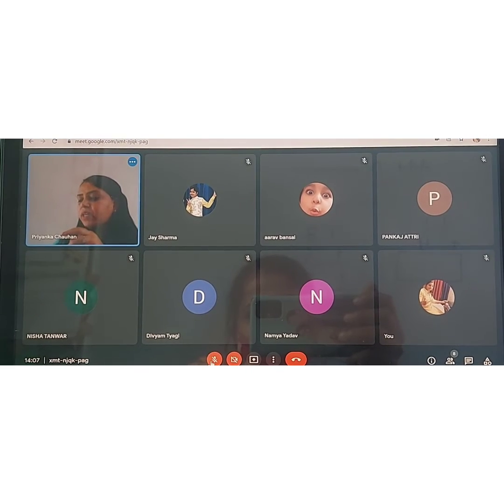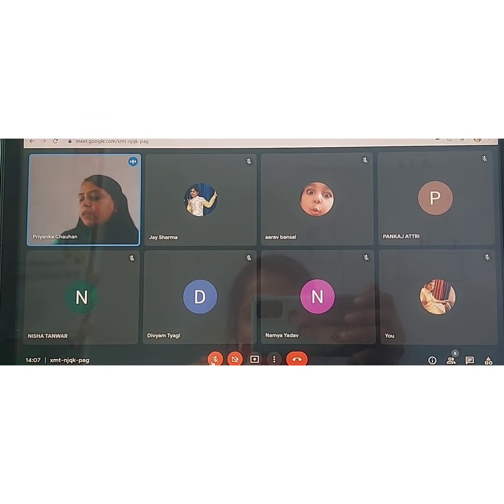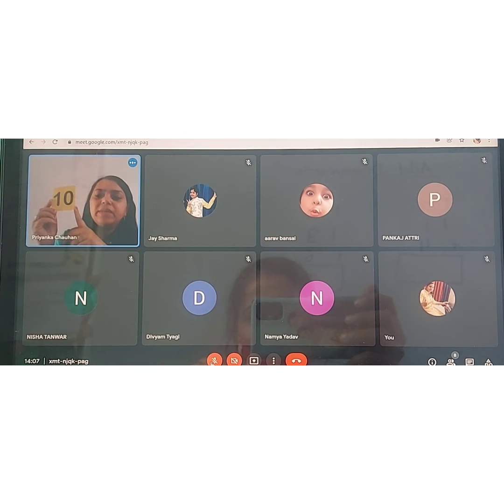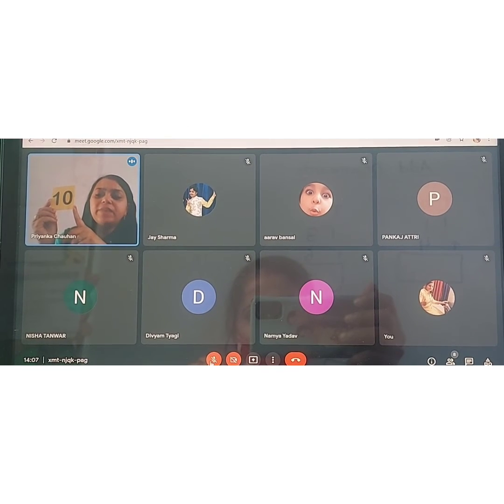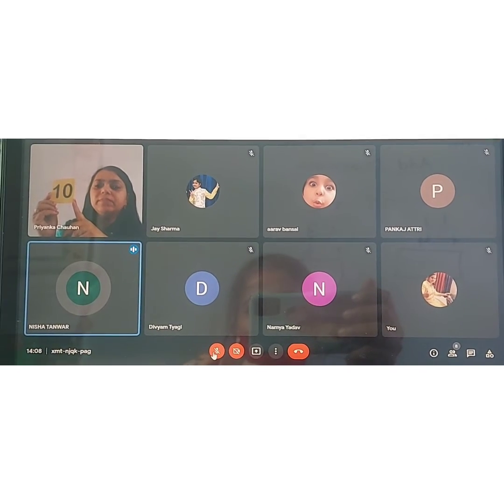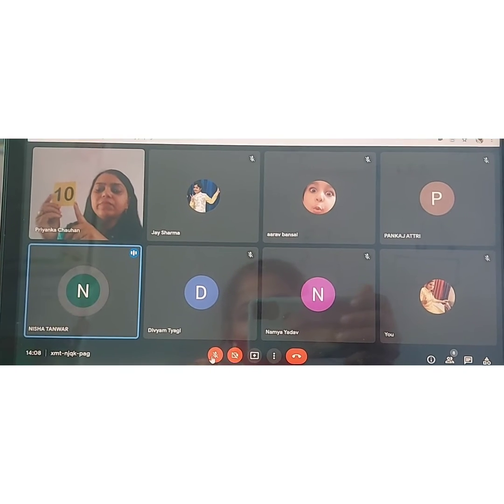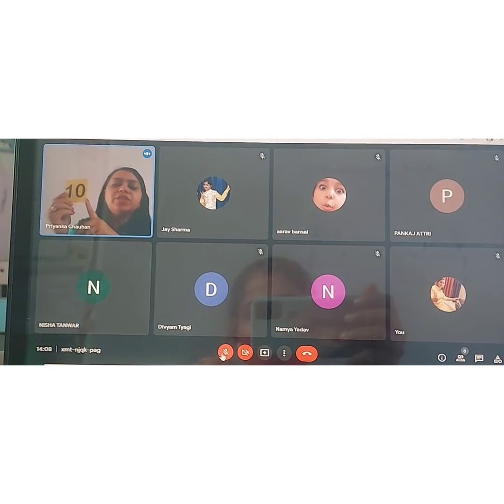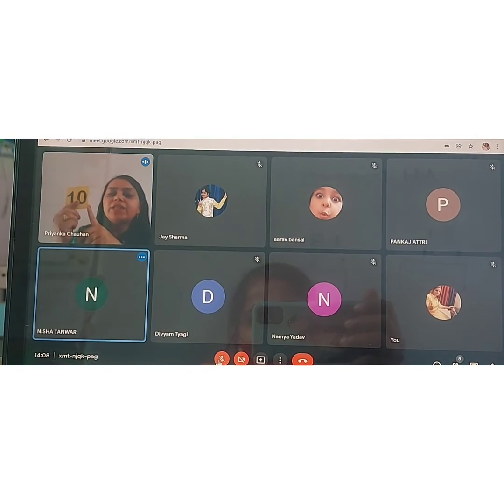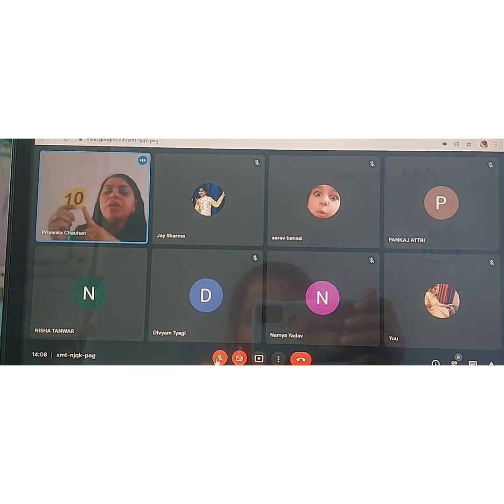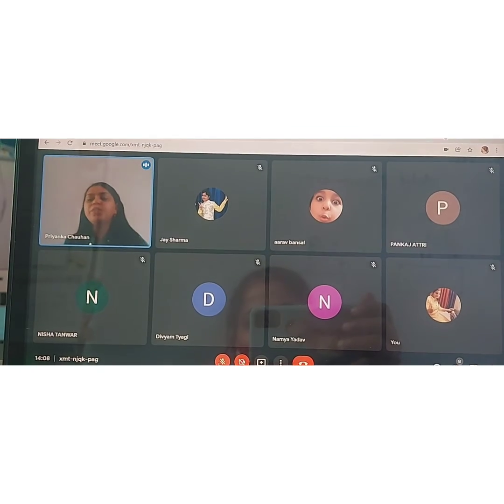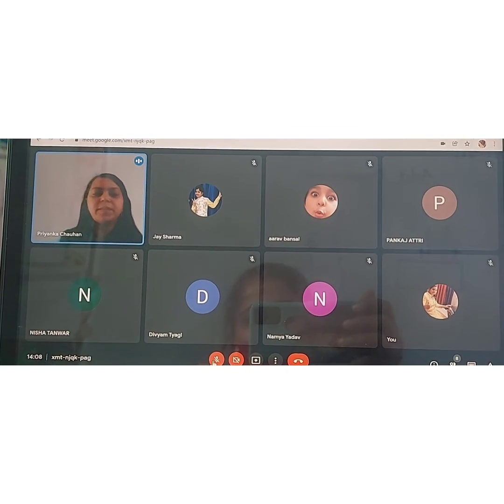Here we have the next number. The number is 10. So, Jay, please tell me which number is at tens place and which number is at ones place. 1 ten and 0 ones. So, it will not be counted. So, the complete number is 10. I hope, dear students, you understood this concept.